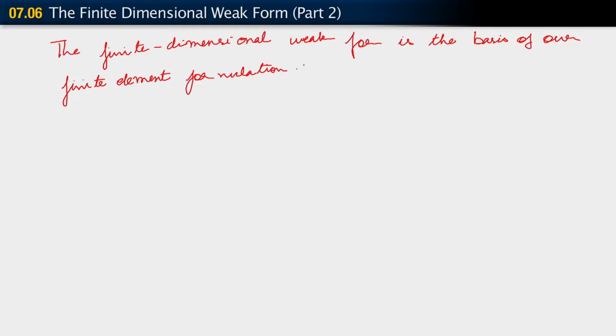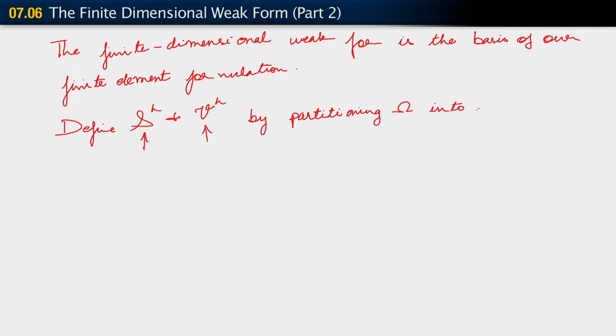Okay. Now, of course, what we have to do is essentially define or construct the spaces that we need. We need to define SH and VH. In order to define these spaces, what we will do is construct a partition of our domain omega. So we define SH and VH by partitioning omega